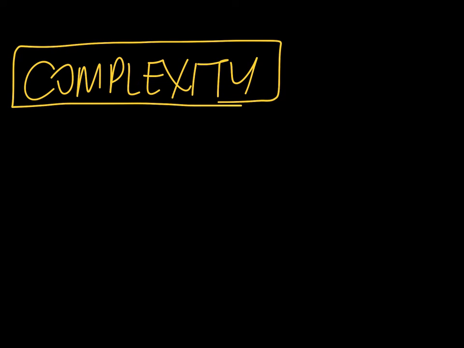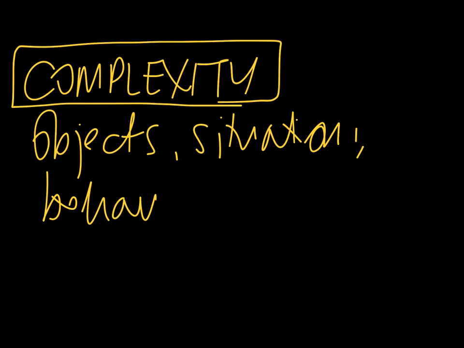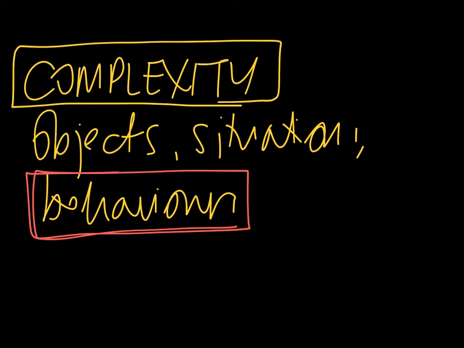When we think about the complex real world, we tend to break it up into objects, situations or conditions, and behaviors or actions of those objects and so on. So far, procedural coding is very good with behaviors. But if we're trying to model an object like a person, a till in a supermarket, a car, a rocket,